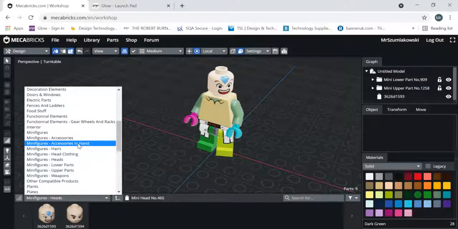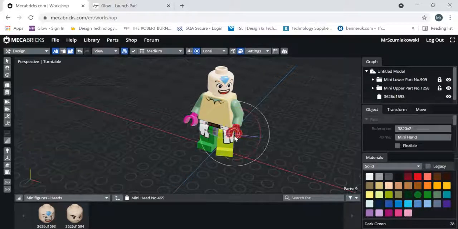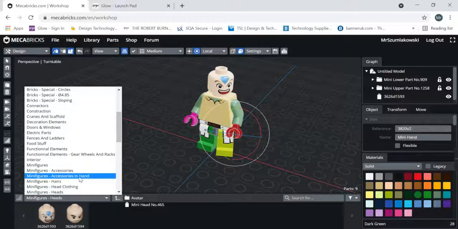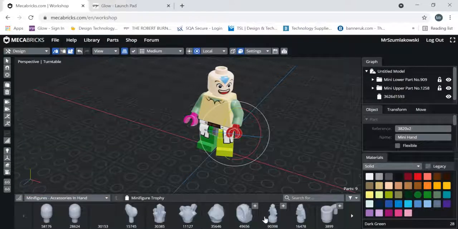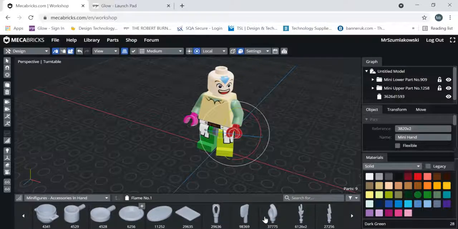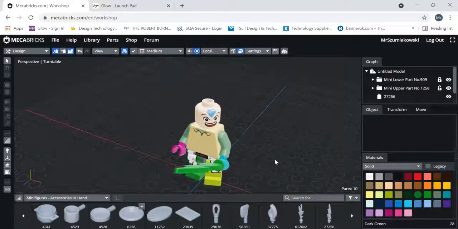Again, lots and lots of things to pick from. So, accessories in hand. Multiple things we can work between. So let's go for, I don't know, it looks like a wee lightning bolt. You can see that automatically